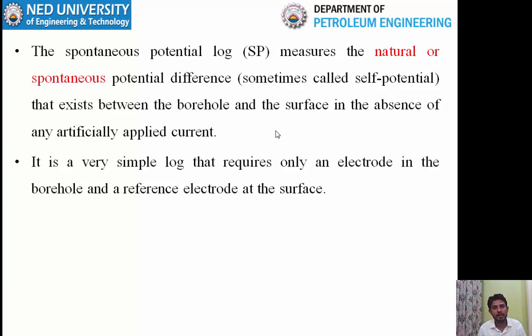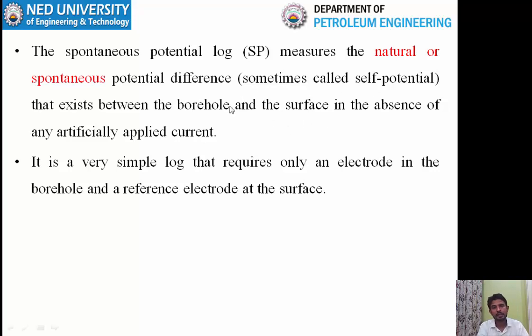What about the absence of mud cake? We have seen that when a mud cake is not present, we cannot say that this zone is an impermeable zone. So absence of mud cake is not related to the impermeability of the formation. So how basically will we guess about the permeability when we do not have the mud cake present? The permeability of that zone is basically estimated through the SP log. So the basic responsibility of the SP log is the identification of the permeability at any depth.